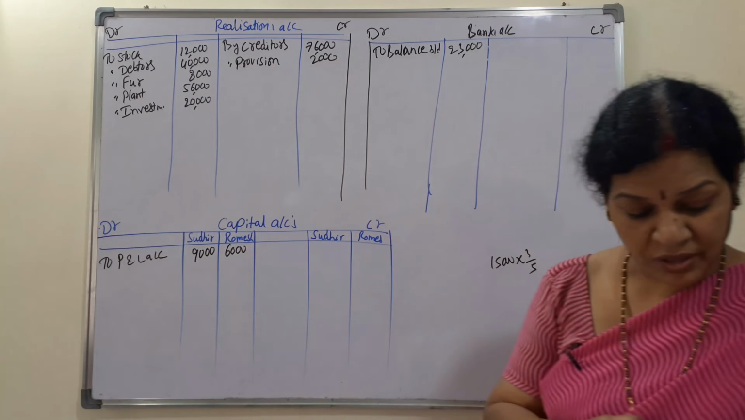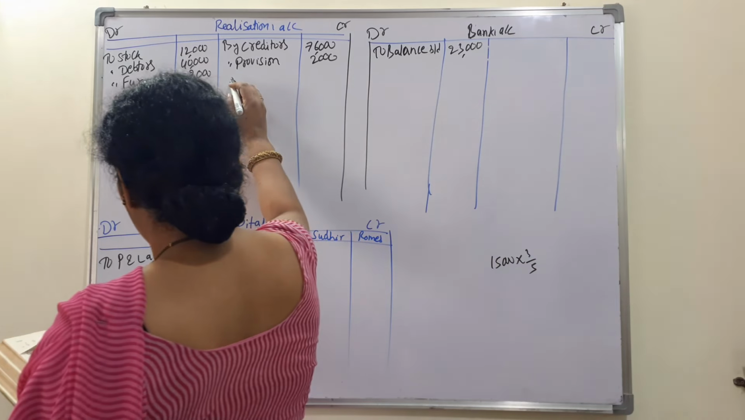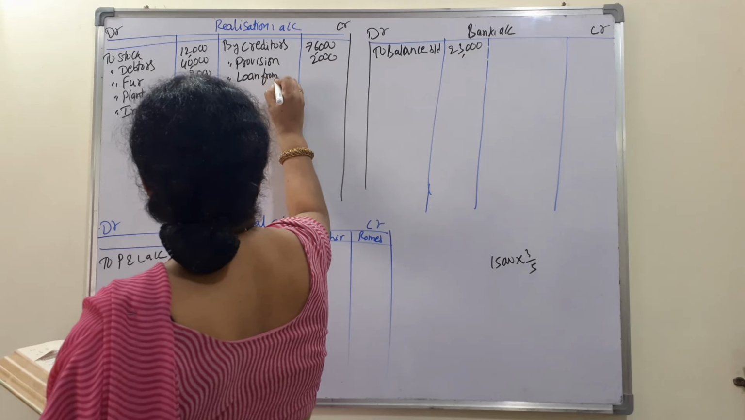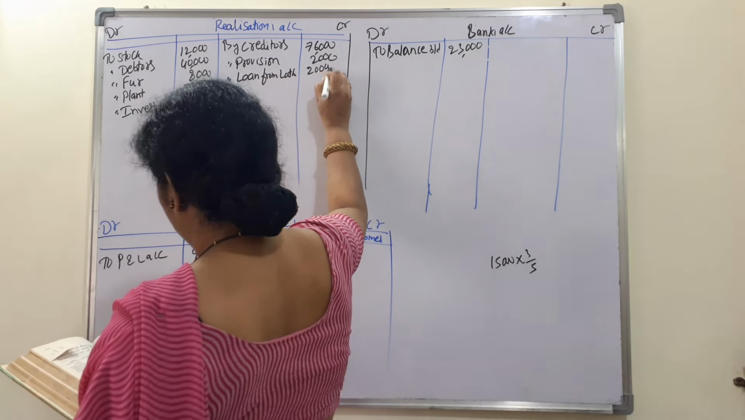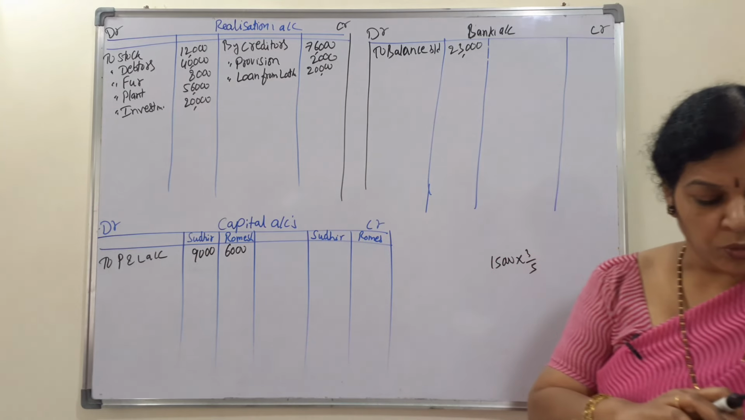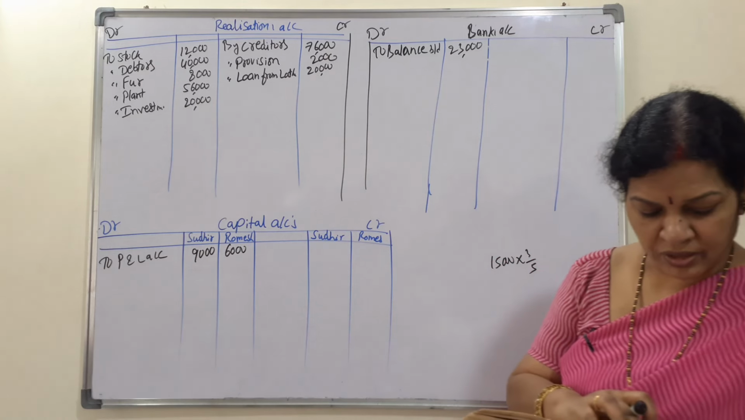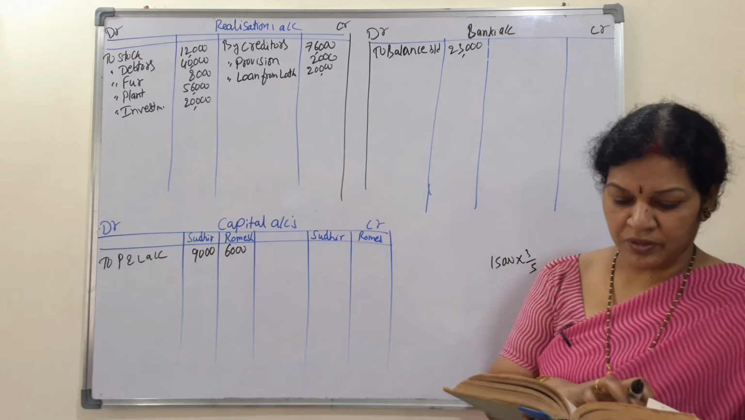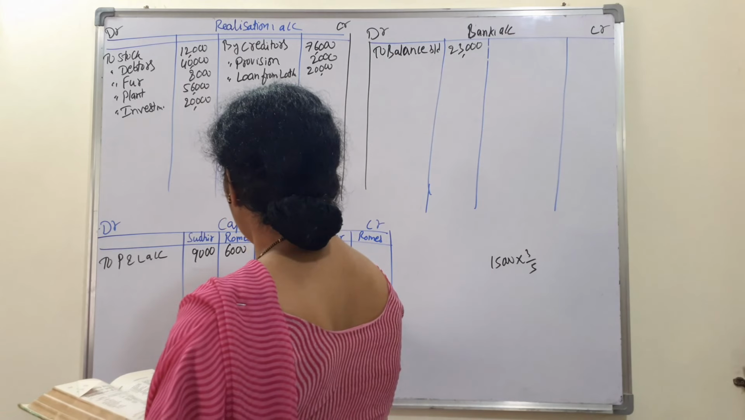Next, what else? Loans are there. Loan from Lata. This is also liability. Loan from Lata, it is 20,000. Loan from Romesh is 30,000. We'll see this later. Then reserve fund. Reserve fund is here. It is to be distributed to the partners. So we'll start the partners capital account by